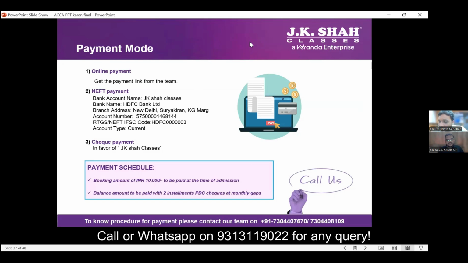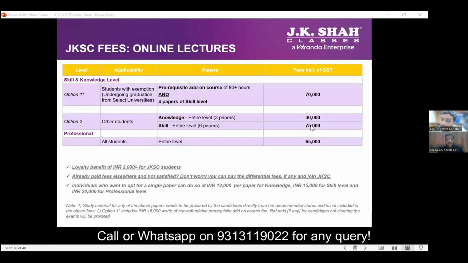What if we do not want to take classes with JK Shah, but will JK Shah help us in getting lower fees for exemption? Can they just register through you and not take classes with you? That is not possible because the discount codes are given to us specifically for registering a student. And once we register a student, you need to also enroll for the coaching as well. Correct. So that will be a little difficult thing to do.